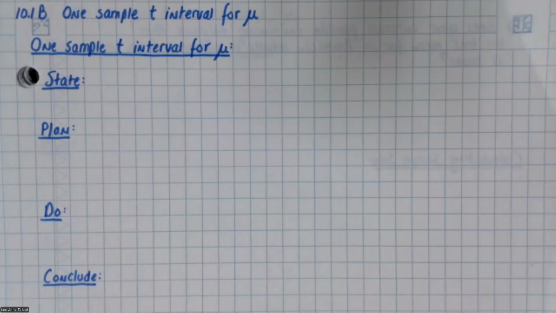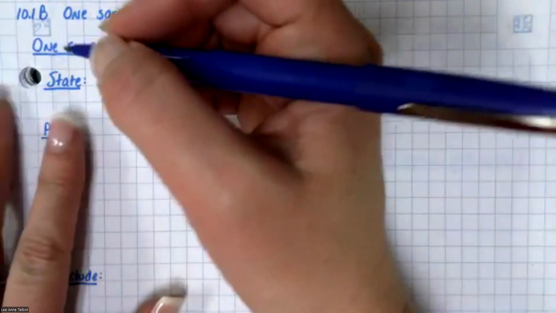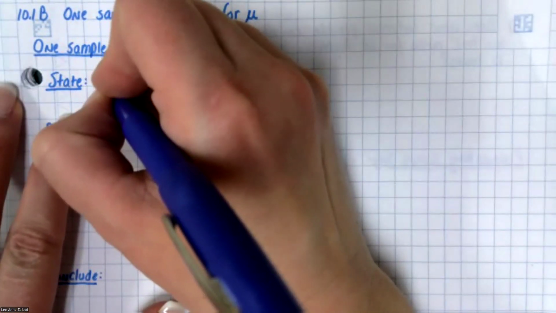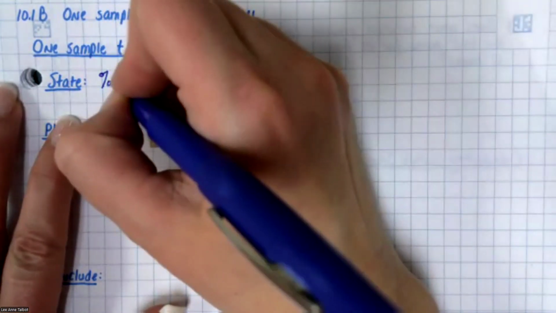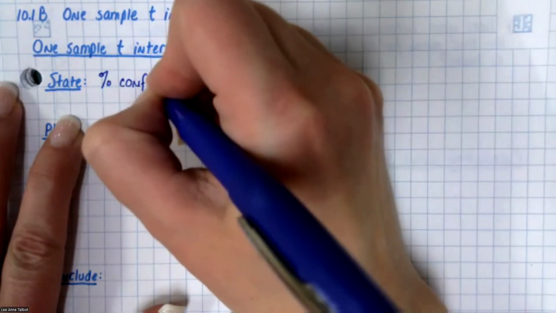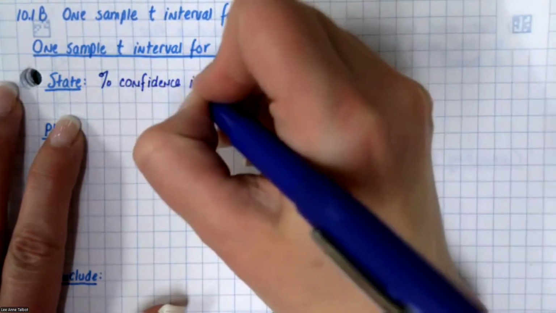And now we need to take our brains back to chapter 8. How do we start a confidence interval? Does anybody remember how to start it? That's the start of the plan. Yes, beautiful. Okay, so we're going to say for whatever percent confidence interval